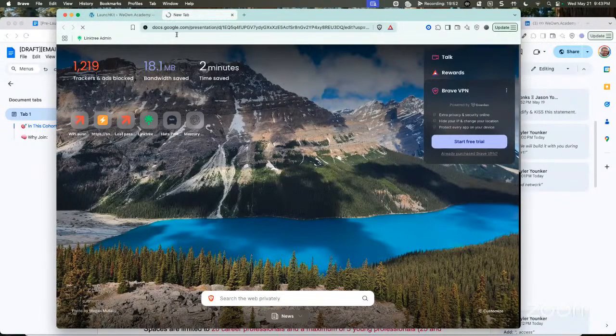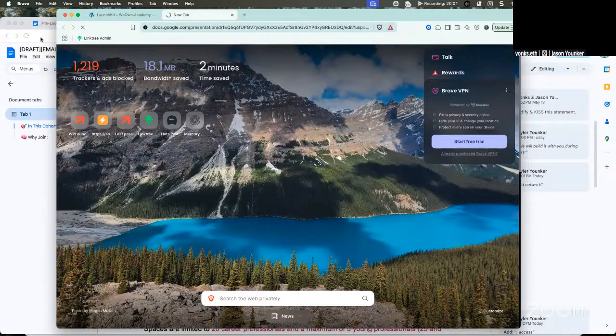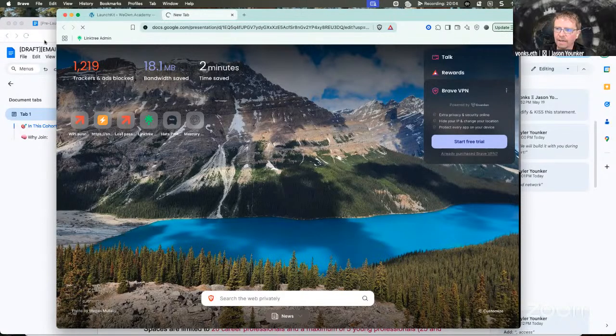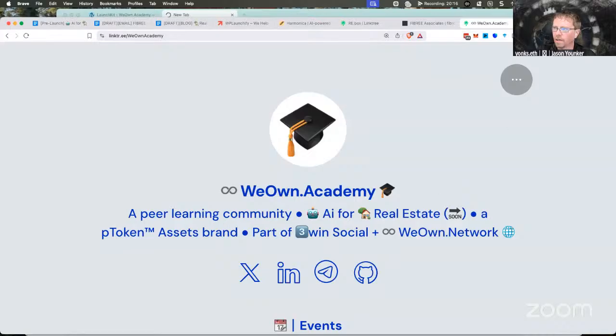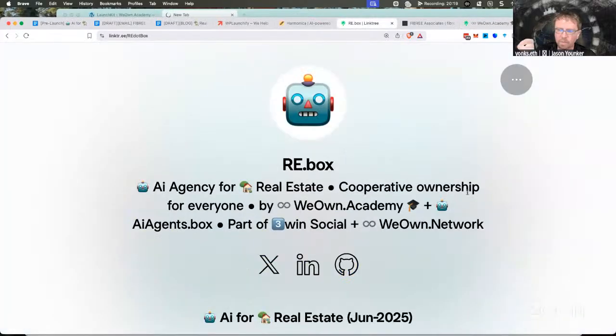So is the idea, hey, you guys tell us what tool you think would be the most valuable for you to use, and we'll help you build it? No. Most people here in 2025 are asking the question how to use AI. And the tool that we're going to be building is an AI agency model with re.box. Most people aren't even understanding what an AI agent is. There's so much confusion around what that even means because most people are thinking about using ChatGPT. ChatGPT is currently the predominant tool for using AI.